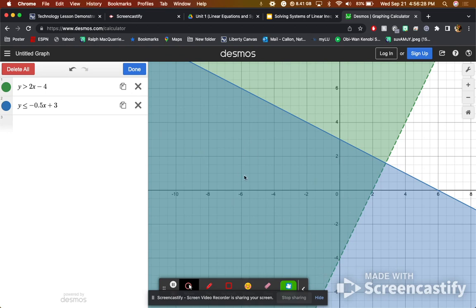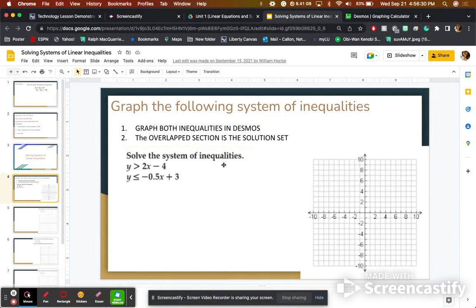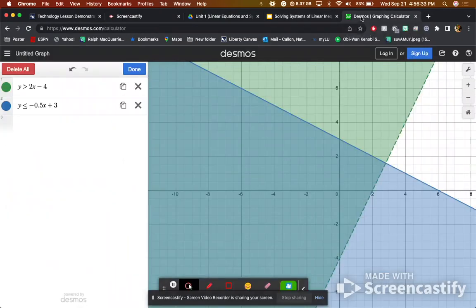Once you have this identified, you can translate that to paper or whatever that might be pretty easily. So that is how we